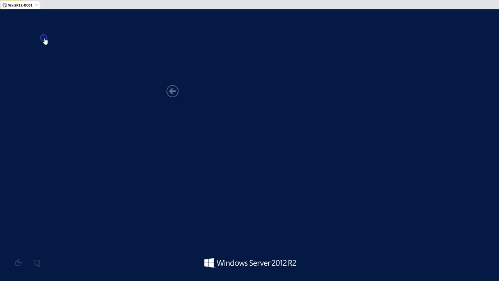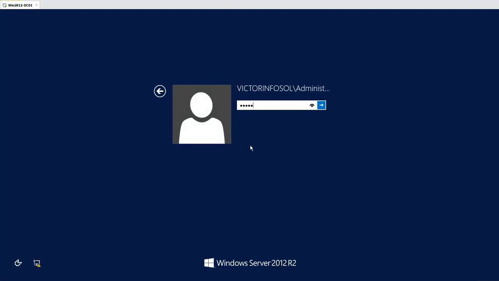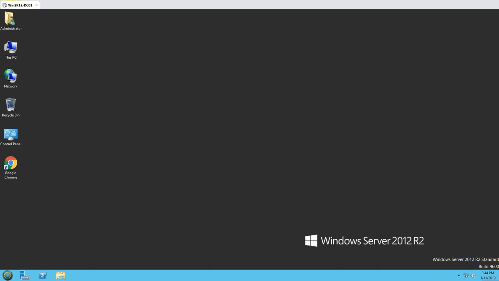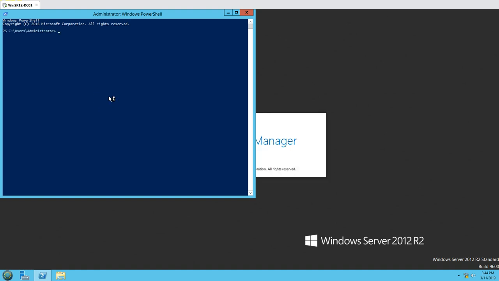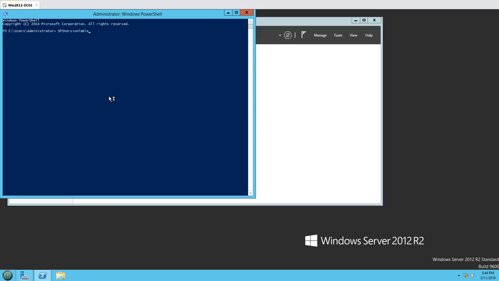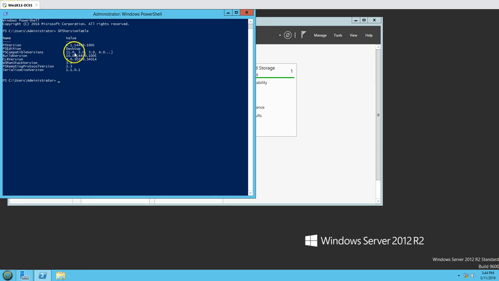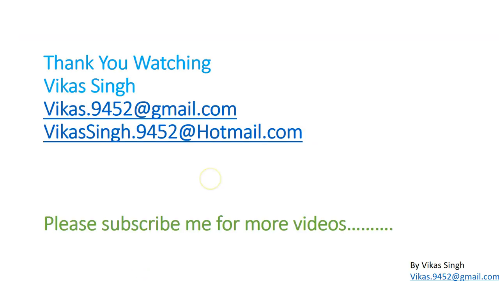So we got the login screen. I'm going to hit Ctrl+Alt+Del and log in, and then we can go ahead and verify the version of PowerShell. Now open PowerShell and type the command $PSVersionTable. Now you can see this has been upgraded to 5.1. This is the build number, and you can see the compatible versions are PowerShell 1.0, 2.0, 3.0 and so on. So this is the quick way you can upgrade your PowerShell version